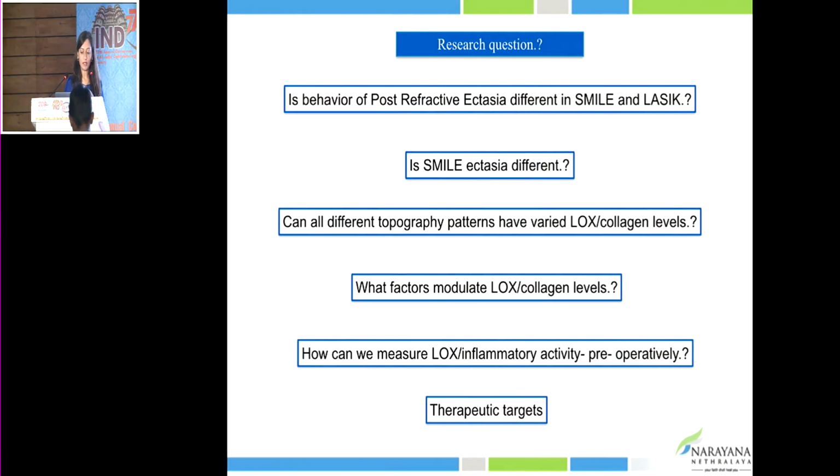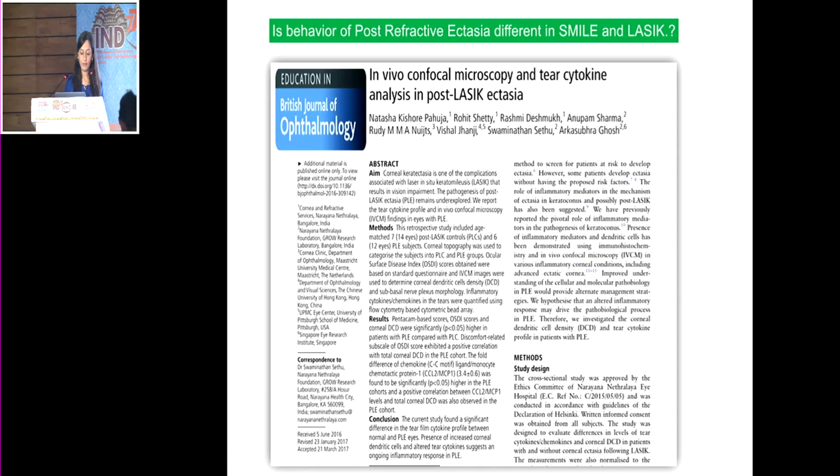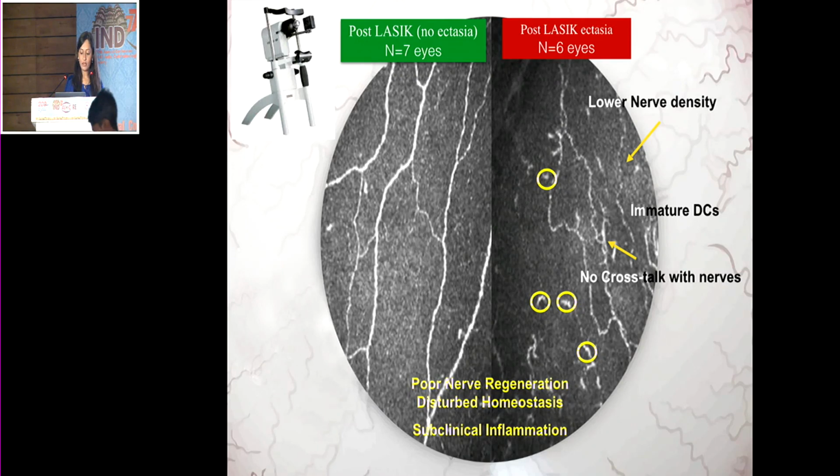What can drive post-refractive surgery ectasia, which is beyond topography? Our group published this paper in BJO in 2016, which clearly suggested that there is a role of inflammation and poor nerve regeneration in post-LASIK ectasia. If you see here, these are the nerves on the right-hand side. In the post-LASIK ectasia arm, there is low nerve density, immature dendritic cells, and no crosstalk with nerves, which is suggestive of poor nerve regeneration post-surgery,